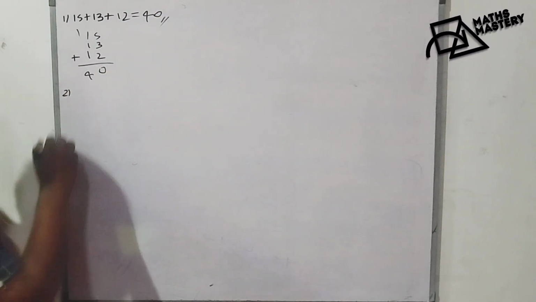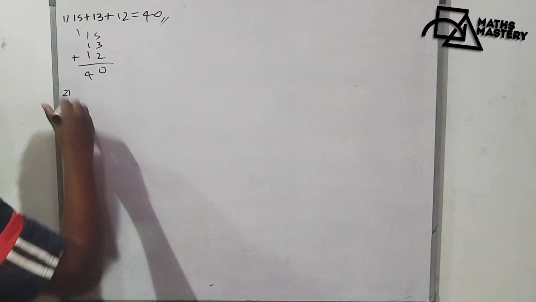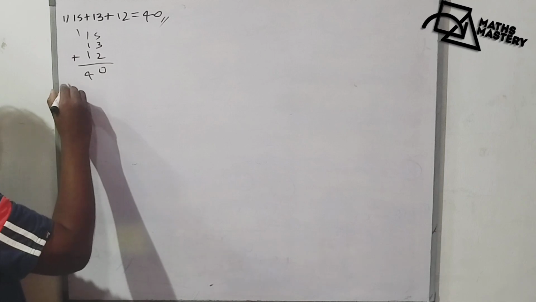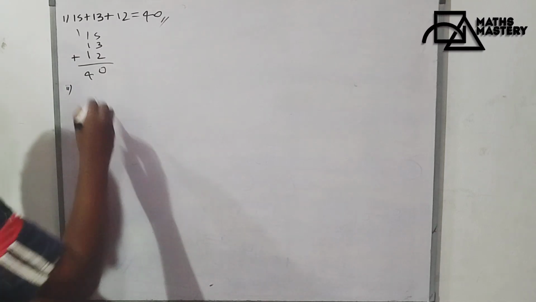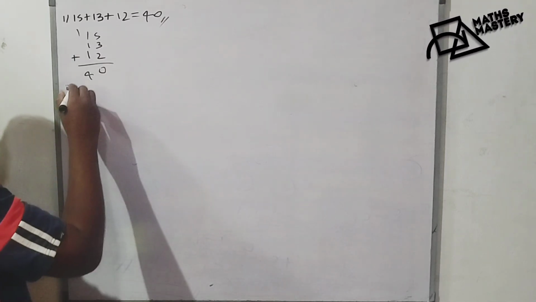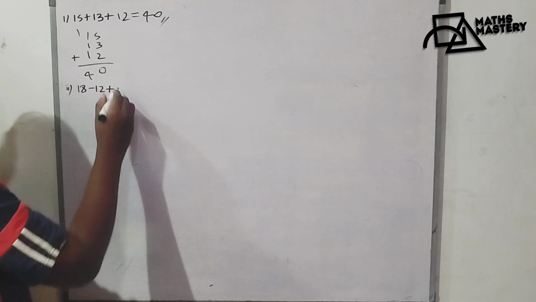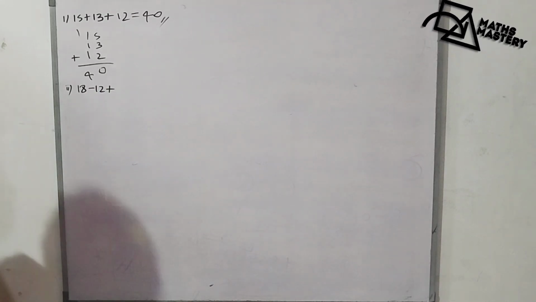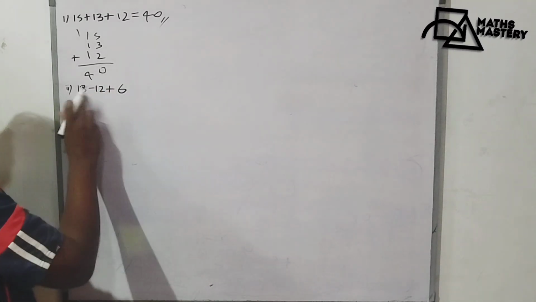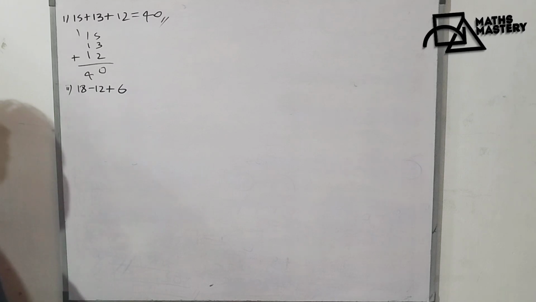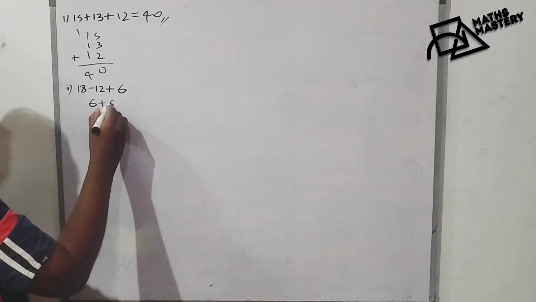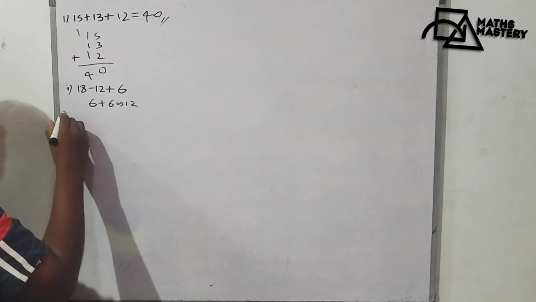Second question, the Roman number 2: 18 minus 12 plus 6. So here first you have to subtract 12 from 18. If you subtract 12, it's 6. 6 plus 6, the answer is 12. So the third question,